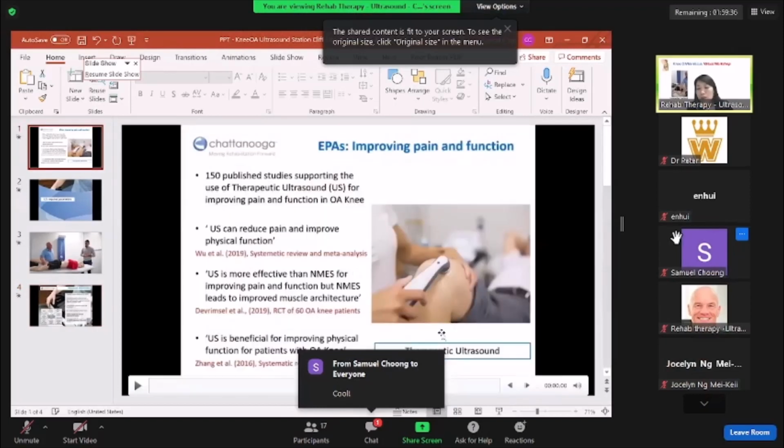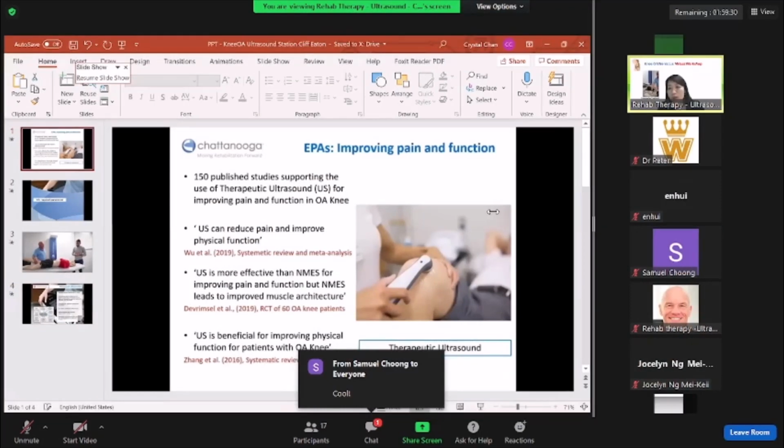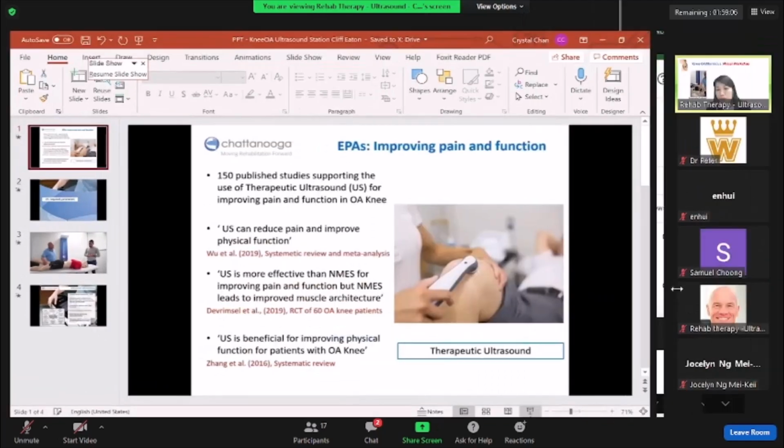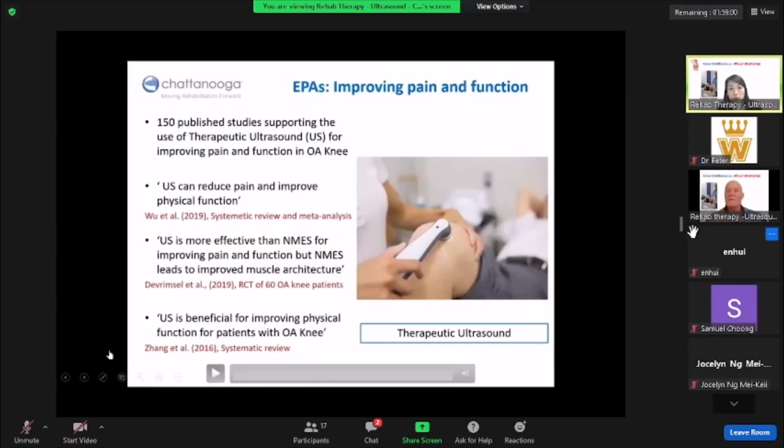Okay, so in this breakout room, Cliff will be presenting ultrasound for knee OA. There are 4 parts of the presentation. And by the way, to avoid Wi-Fi technical problems, we pre-recorded Cliff's presentations. These presentations are also available on the DJO Academy website if you want to review and watch the replay. So first, it's about the evidence of ultrasound treating knee OA.